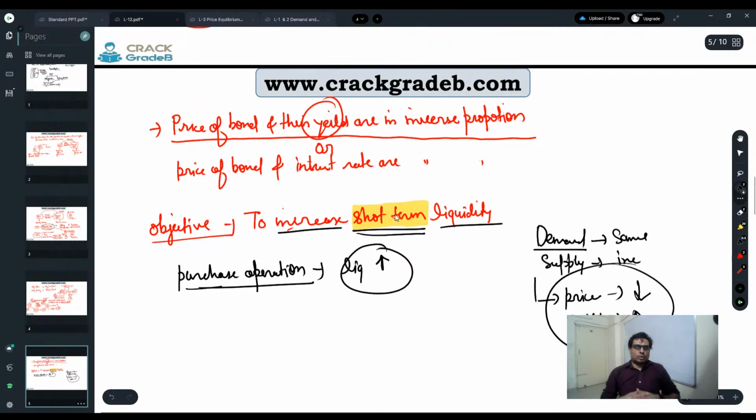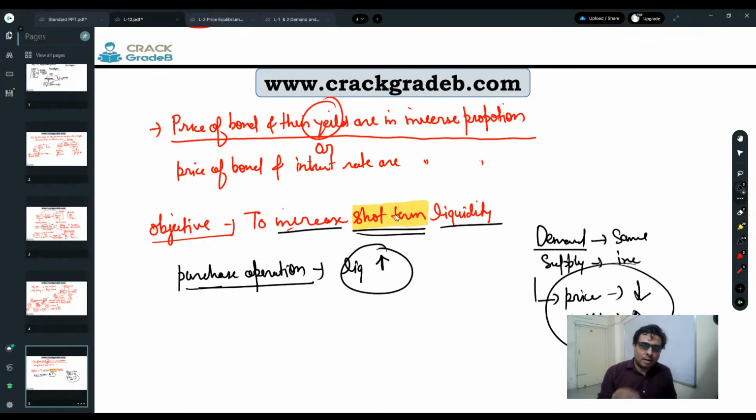So as per this law, what will RBI do? RBI, through operation twist, will start absorbing any kind of long term liquidity which is available there, so that long term liquidity is absorbed. So the market is automatically going towards what? Our market is automatically going towards the short term liquidity which is available, right?